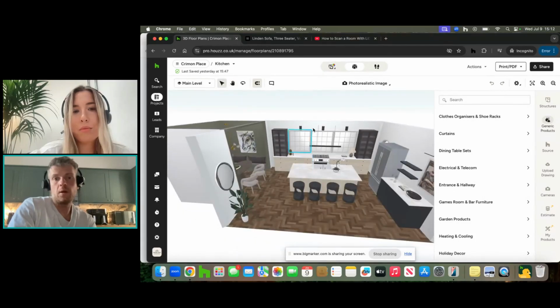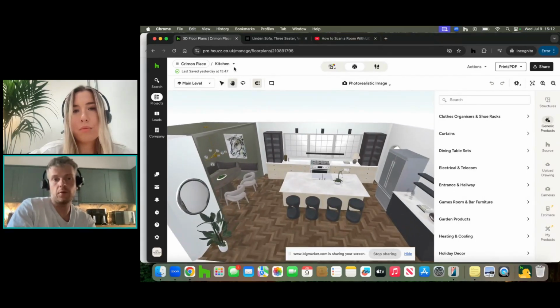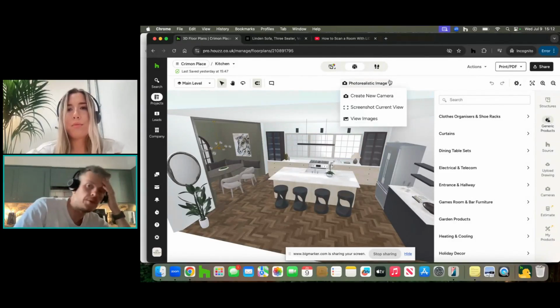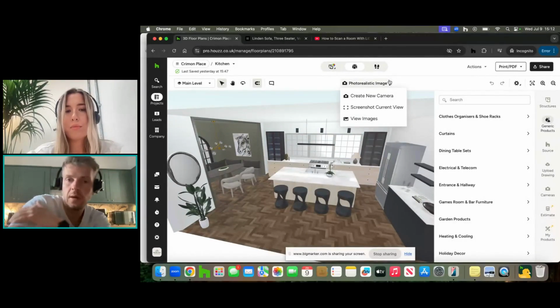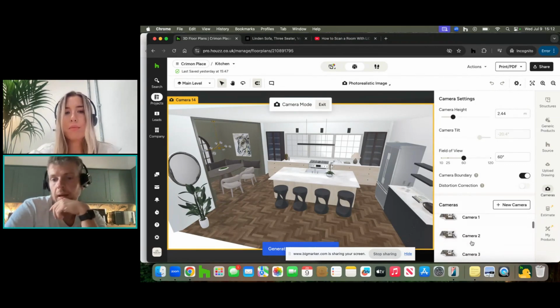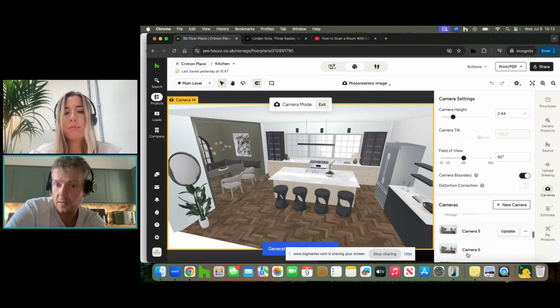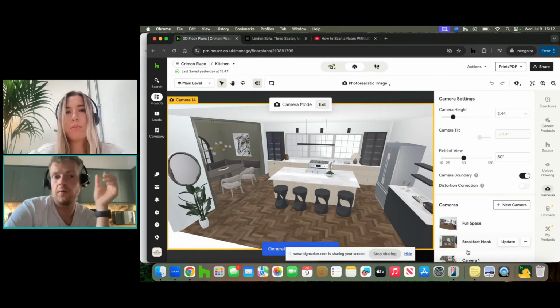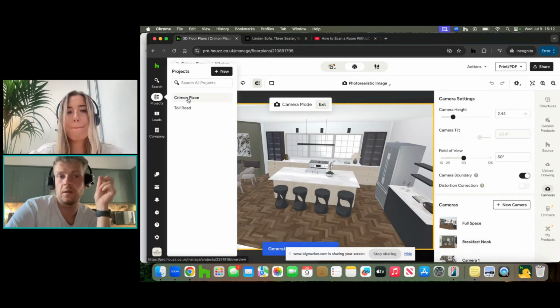dollhouse view and kind of go here, scan in. As kind of rightly alluded to there, you can now do photorealistic renders, which is the main piece up here. So you can screenshot the current view, or you can create a new camera, which will give you the tilt, the light, the field of view, the boundary, distortion. You can also select exactly what space in the house you want, and that will create you a render within 3 or 4 minutes, and then it saves it as a file directly into the